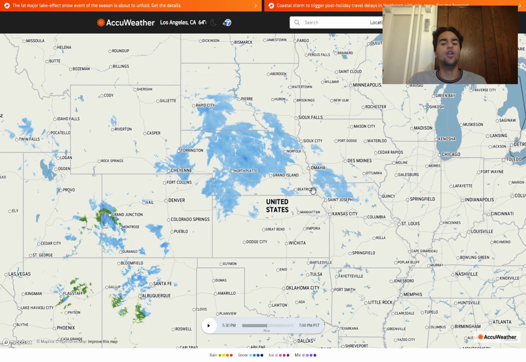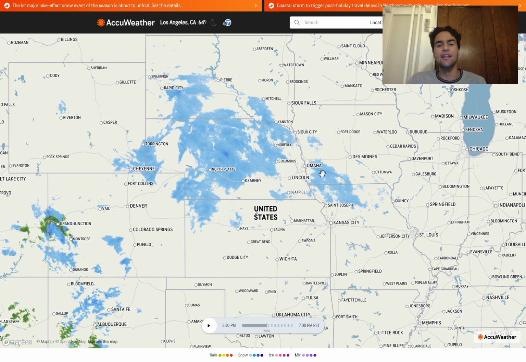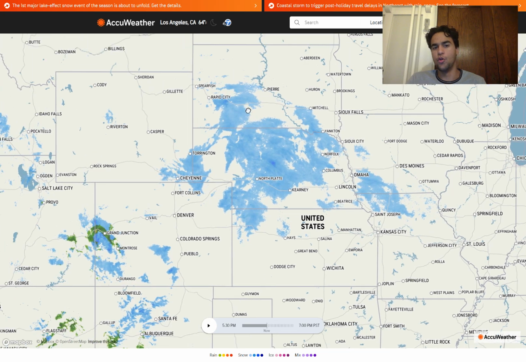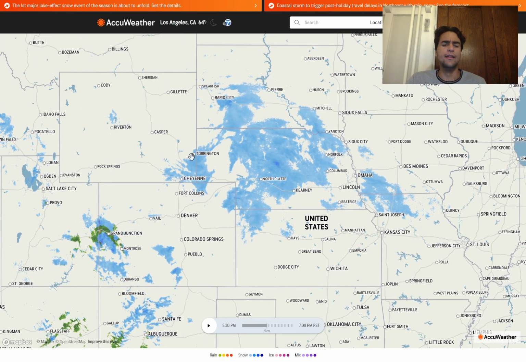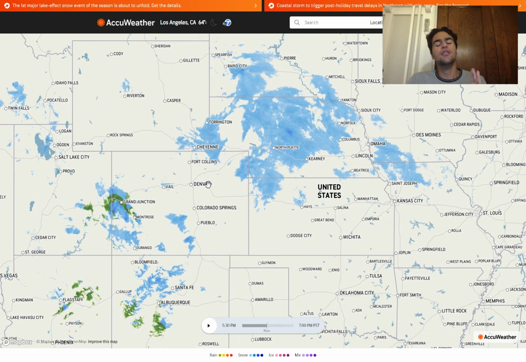So we do have an elongated area of snowfall extending through Nebraska. We do have scattered snow showers occurring right around northern Missouri and southern Iowa. This extends into the southern portion of South Dakota as well, and this goes further westward into Wyoming and northern Colorado. However, the main low pressure system is located right around the border of Utah and Colorado at this time, and as this continues to head further eastward, we're going to see the convective activity rise over time, and we're going to see the snowfall become heavy at times right over Kansas.